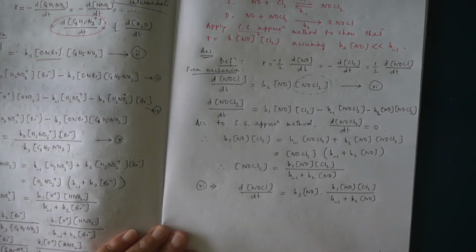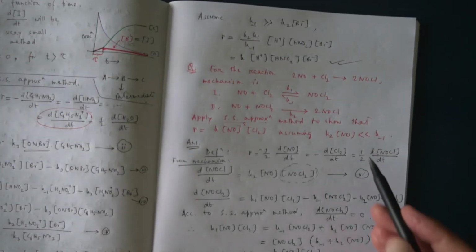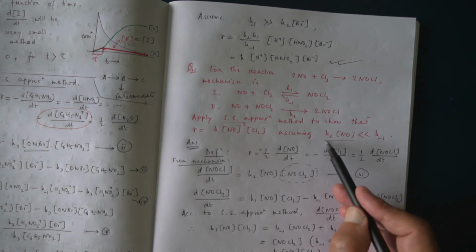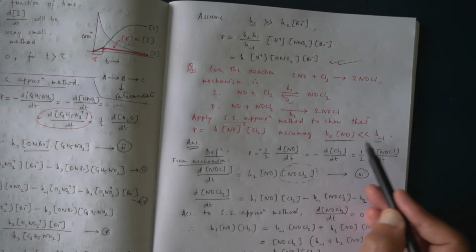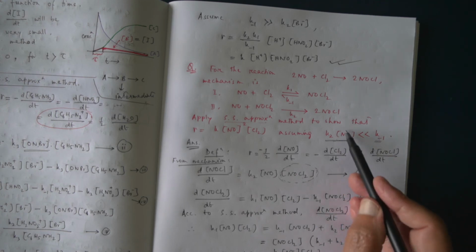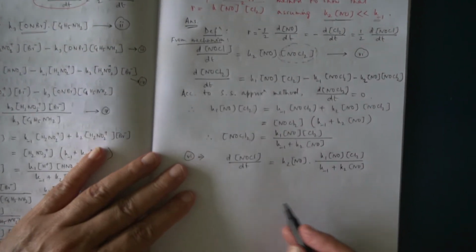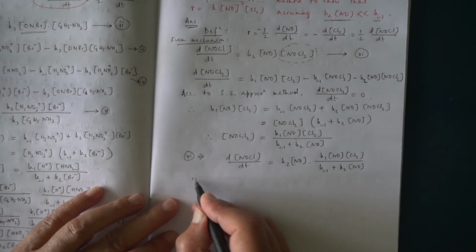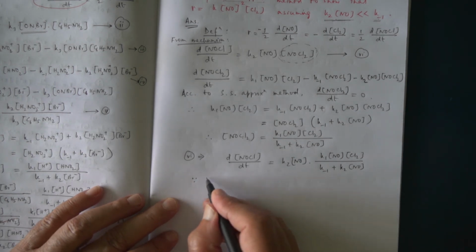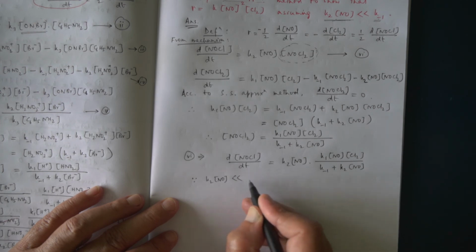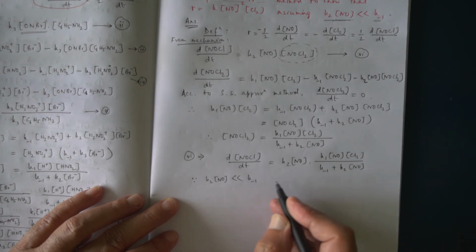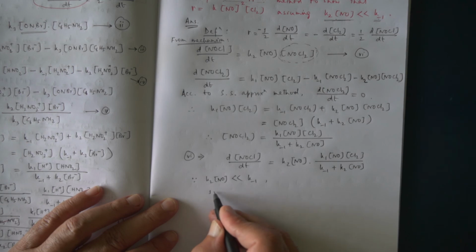Now, what is the condition we have been given? K2[NO] is very, very less than K-1, so we can neglect this. Since K2[NO] is very much less than K-1,